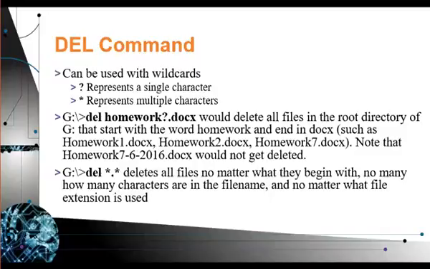Last is an example of the multiple characters. One of the most common commands you're going to love when you're doing your labs, del asterisk dot asterisk, or I say star dot star, those of us who've grown up in command prompt days. That deletes all files no matter what they begin with, no matter how many characters in the file name, no matter what the file extension is, but that's simply for the root directory of G drive. If you wanted the files to be gone from a directory, you'd have to say del space g colon backslash CTS 1133 backslash star dot star. So that would get rid of all the files within the CTS 1133 directory.